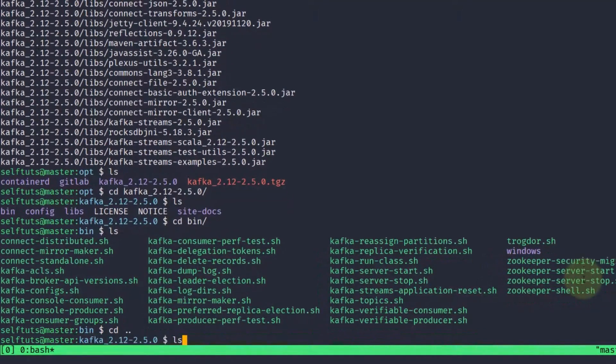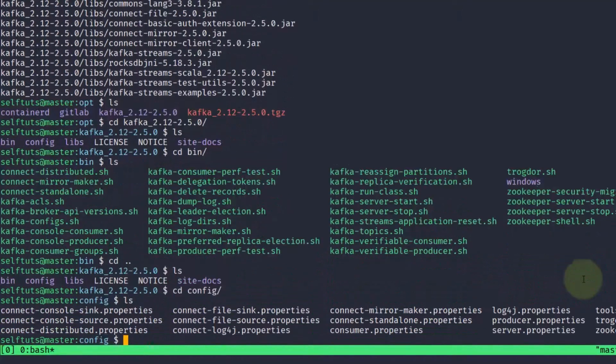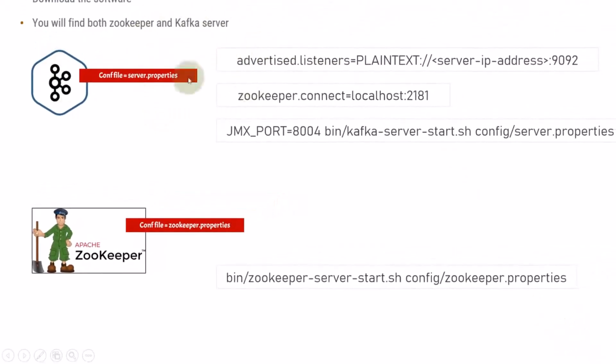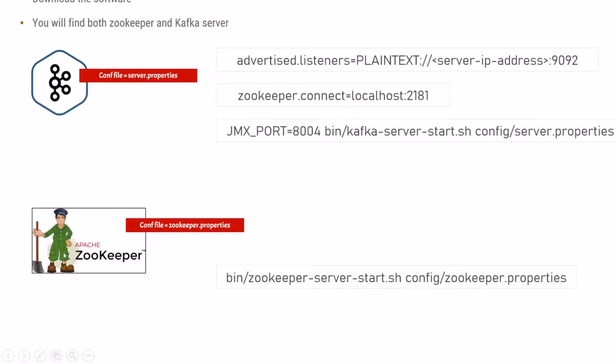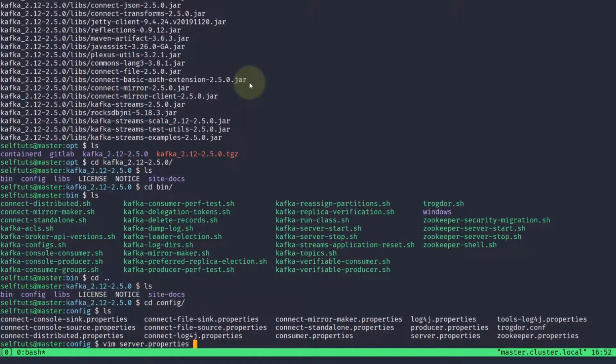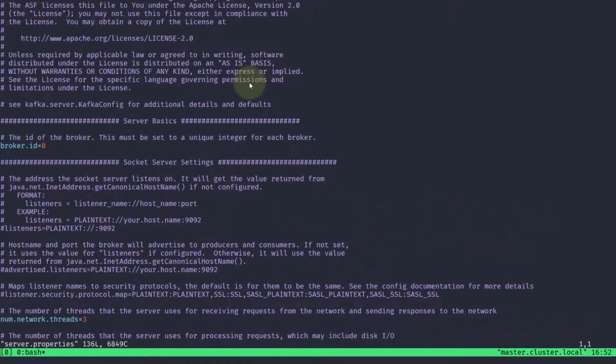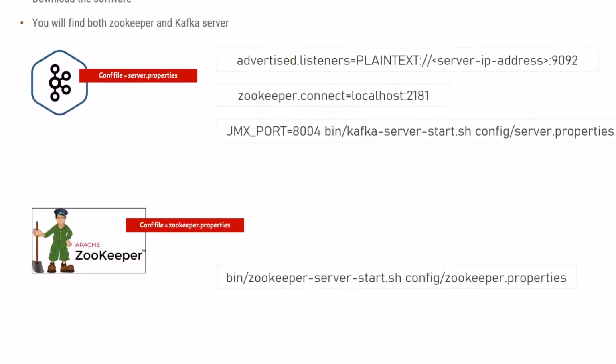Now the sh files are there. We'll go inside this config folder which is present here. As you can see, I have gone inside the config folder, and here you can find something called server.properties. This server.properties is the properties file for our Kafka server, and there's something called zookeeper.properties, which is the properties file for our Zookeeper. We need to make these changes in the server.properties file. I'll just open it, and you can see there are different properties. You can go through them, read them in some documentation online, and understand everything. But what we are interested in is what?